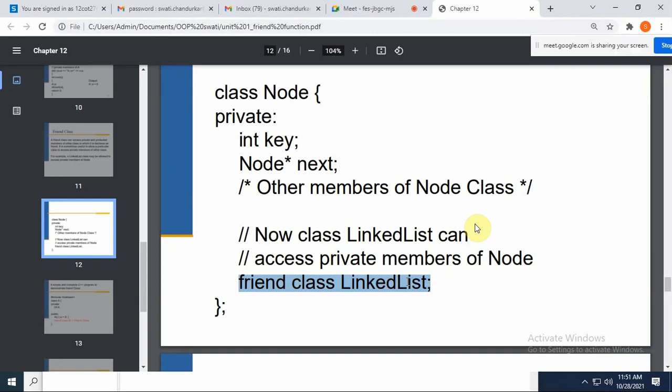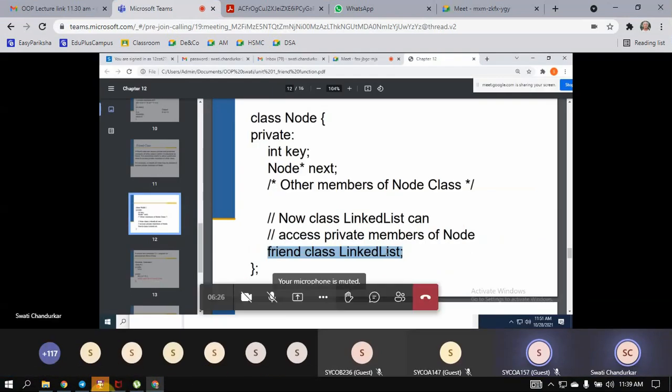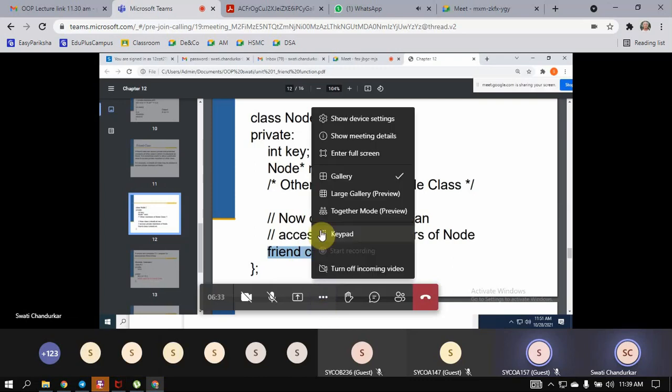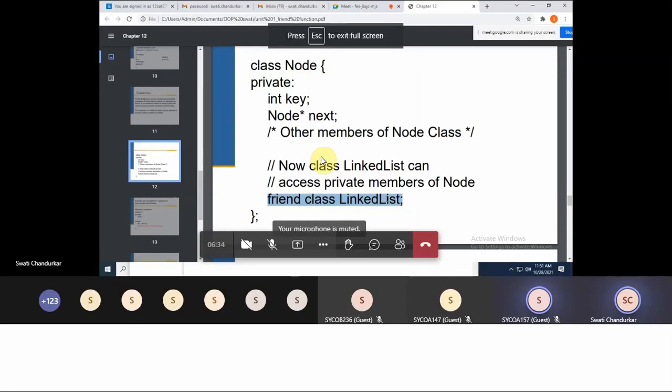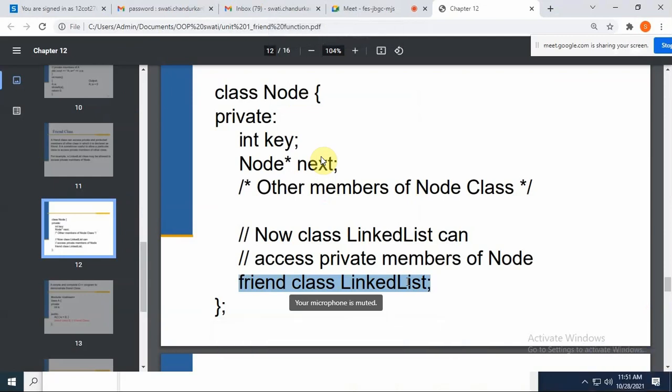Not actually, but they look like a friend function. Now, what is a friend function? A friend function can access the private data. So, when I am saying this class is a friend, that means the member functions of this class can access the private data of class node.